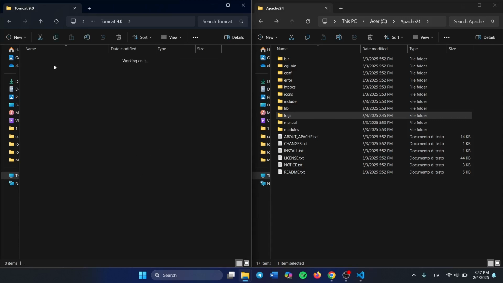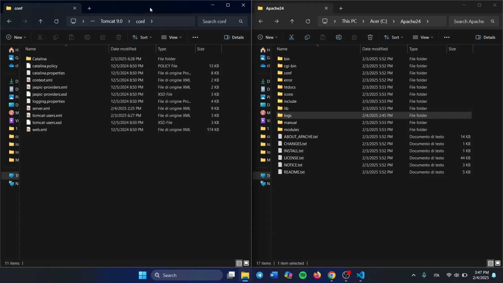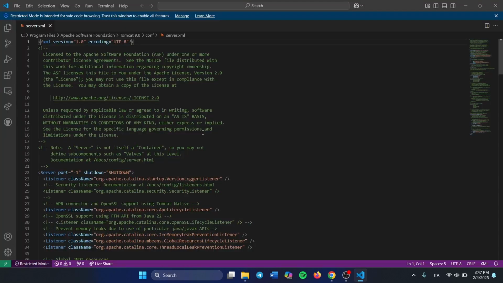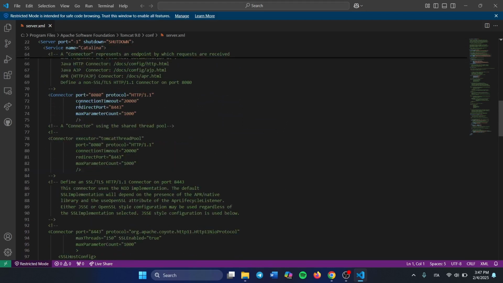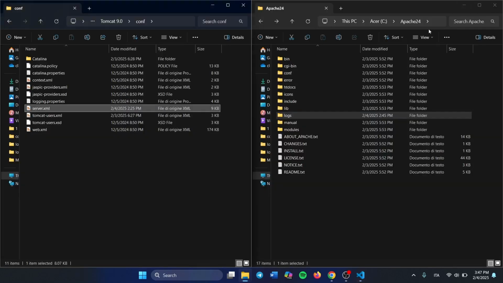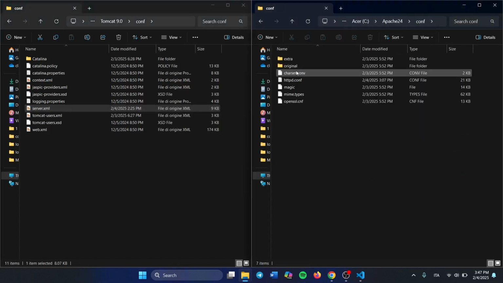First of all, go in the Tomcat directory and then in the conf directory. Look at the server.xml file and search for the port to connect to. So for the HTTP protocol, we will use the port 8080. Now open the Apache24 directory, the folder for your Apache installation, and open the conf directory and the